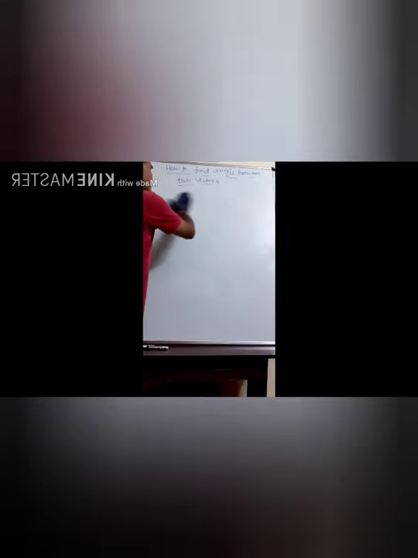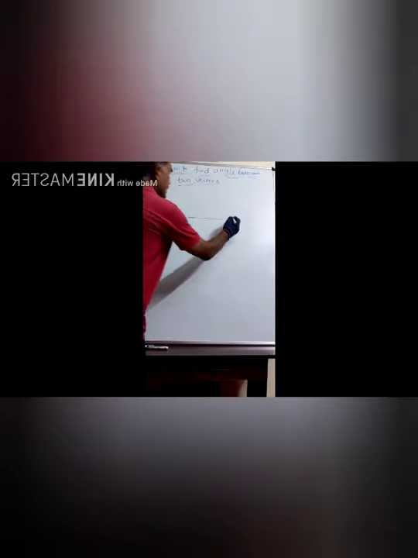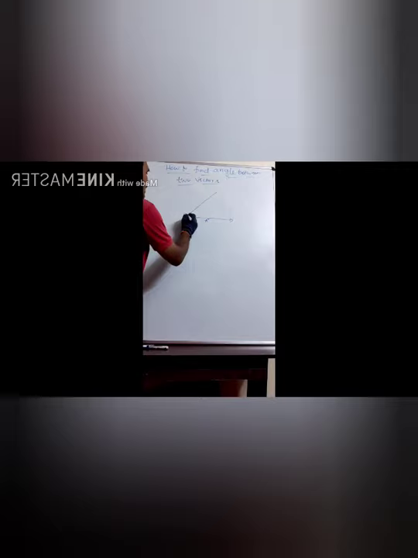Now, for making an angle, we require a minimum of two vectors. Suppose one vector is like this, so this is A bar. A bar is a vector. Another vector B bar meets at the same point, at the tail of vector A bar. Both the tails are meeting at a point, and we can say that this is the vertex, and this is the angle theta. That means this is 30 degrees, suppose. This is the first context.